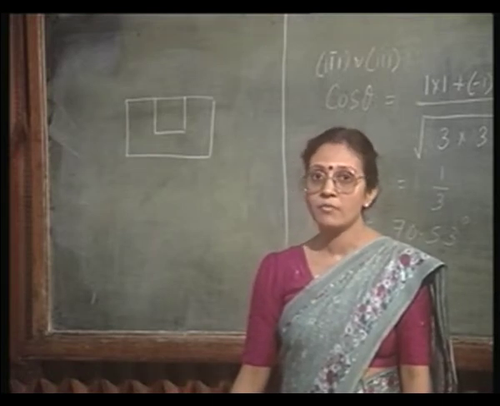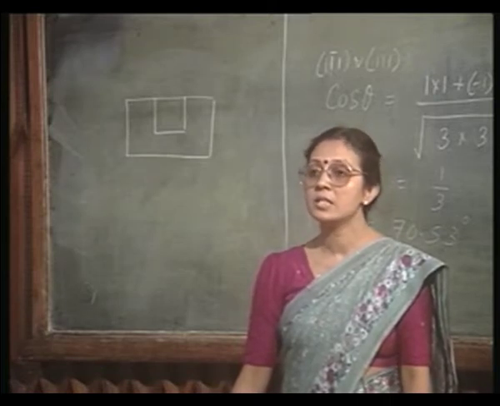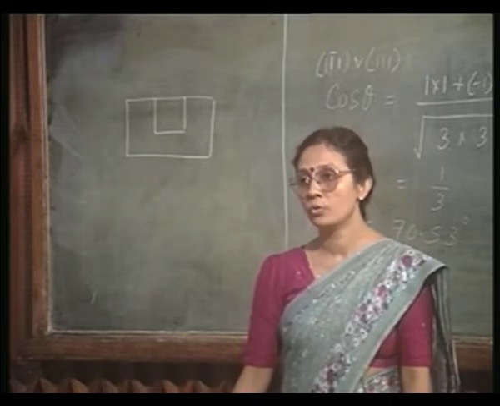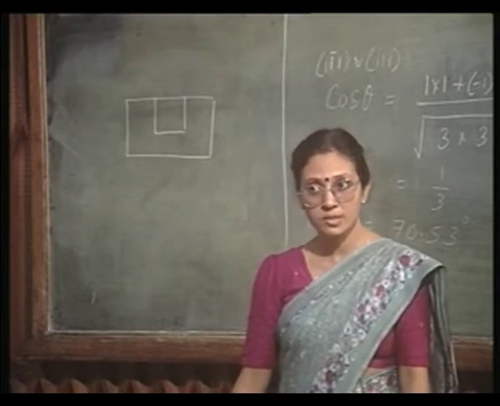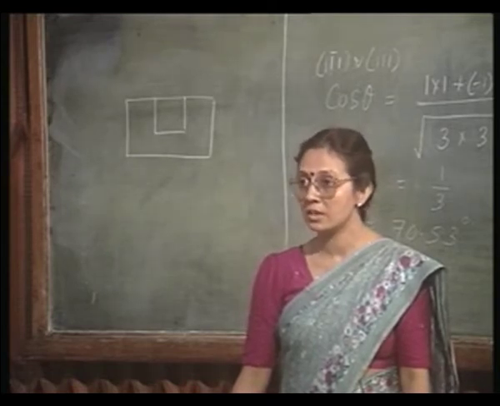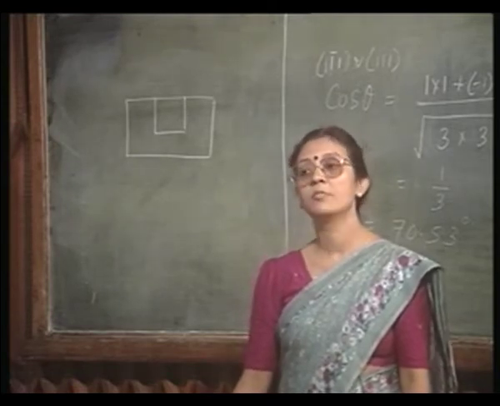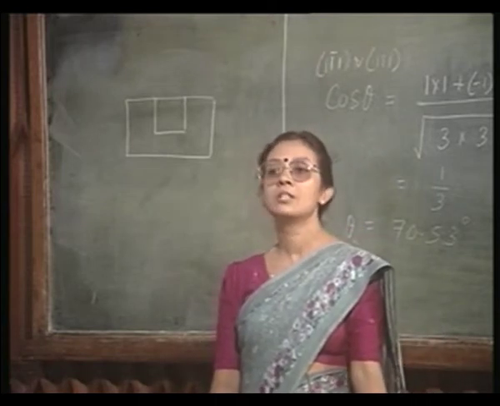So, if you have 110 wafer, you can have deep vertical grooves, not the V grooves like you had in case of 100 wafer, but you are going to have deep vertical grooves. You can etch deep vertical grooves only in 110 wafers,